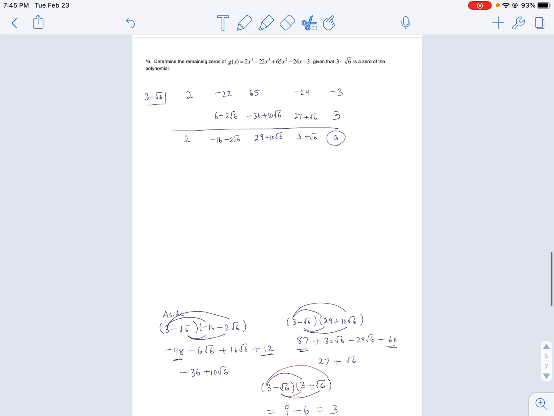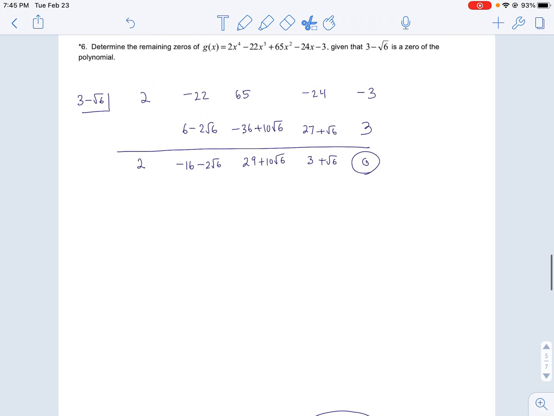All right. Now I have, that's actually a cubic polynomial with irrational coefficients, but we're not even going to write out the polynomial. We have a theorem. It's called the complex conjugate theorem. It says that if 3 minus root 6 is a solution, so is 3 plus root 6. Those are complex conjugates. Actually, those are just conjugates. They're not really complex numbers, but